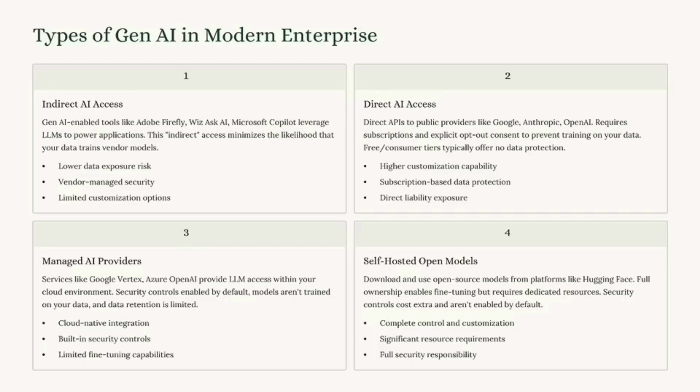All right, so the types of AI in the modern enterprise. Again, this is my viewpoint on things. I'm open to discussion on this, but what I see a lot of is indirect AI. If you've got a tool like Wiz, and Wiz has a chatbot built into it that can help you use the tool better, that's a form of indirect AI. Adobe Firefly, that's another form of indirect AI. You can't change the underlying model. You can't protect the model. It's governed by the company who put it into their product. So that's indirect AI for all of us.